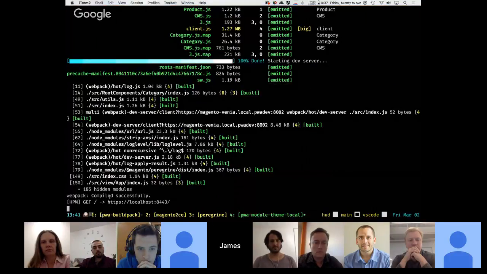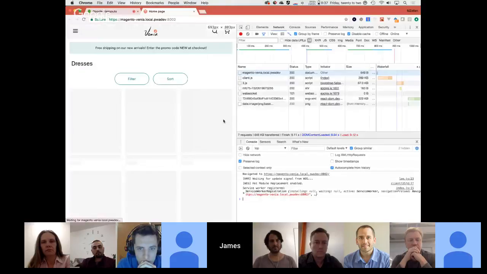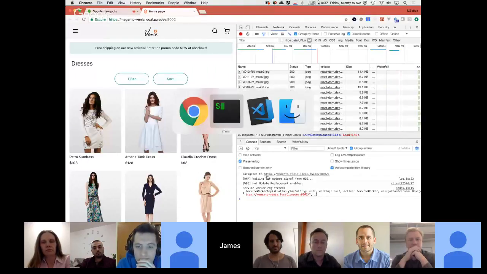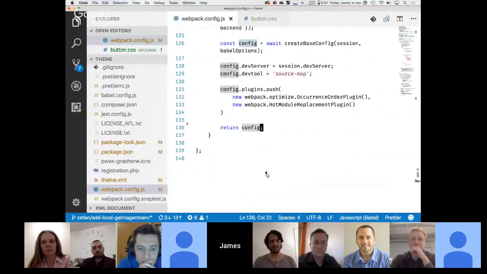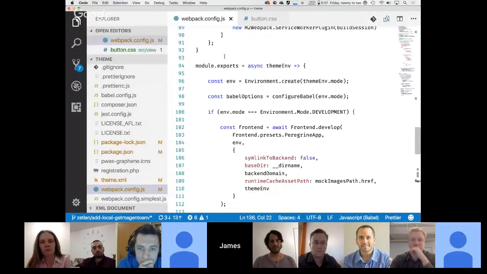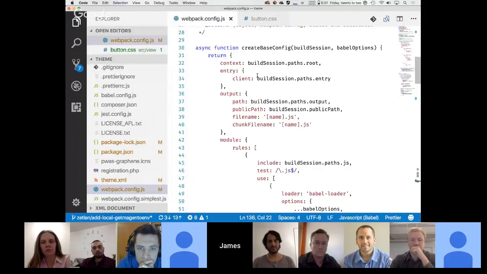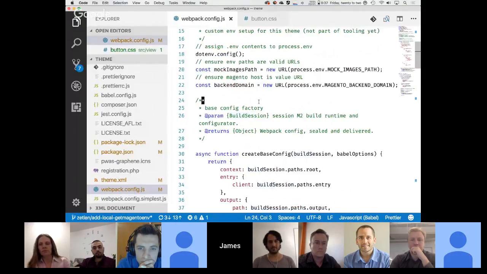Let's see. Oh, we might notice that it's proxying through to localhost. Maybe recognize this? Yeah, it's Jimmy's gorgeous theme. And we are now in a development session that was provisioned almost entirely without your intervention or your complex config. This may look long, but that's because it's explicit and careful to be clear what it's doing. All of the complicated determination of what these paths are is done by the build session.